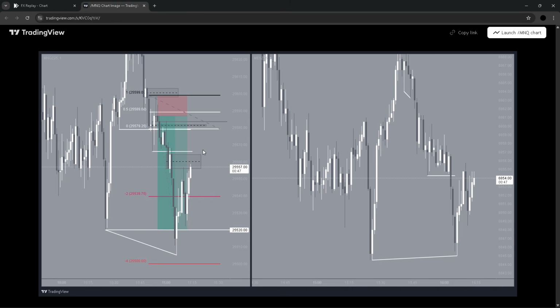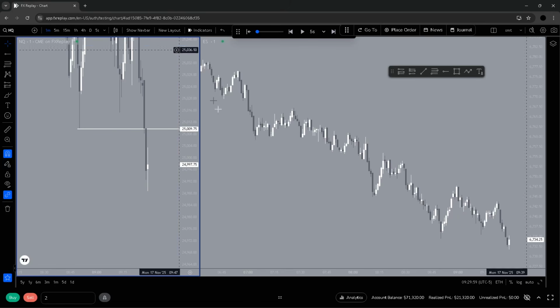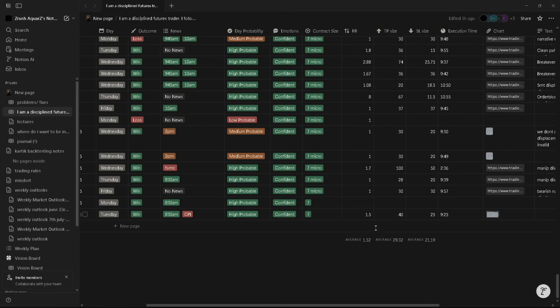The thing is, I do not force it, bro. I see what the market's telling me, and I target whatever the market's telling me. I'm not emotional with this because I've got so much experience. If the market's telling me I can run 80 points, I will run 80 points. But it's got to give me the opportunity. I don't go into the day looking for it. I go into the day looking to manage my risk. The TP comes later.